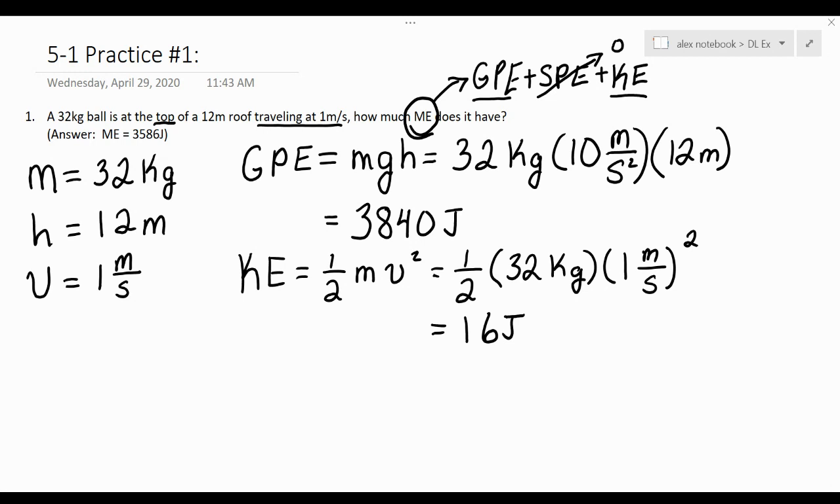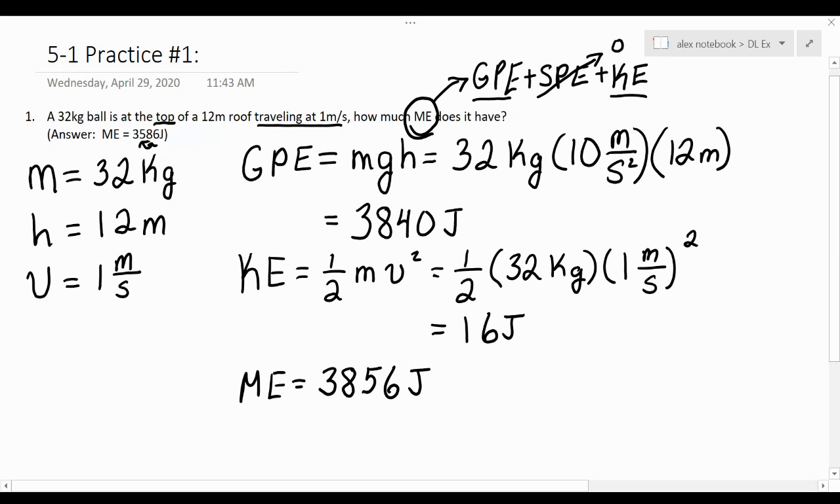And then we are just going to add these together. The mechanical energy is 3,840 plus 16, which is 3,856 joules. And if you compare that to the answer, which I actually think I switched these two around,